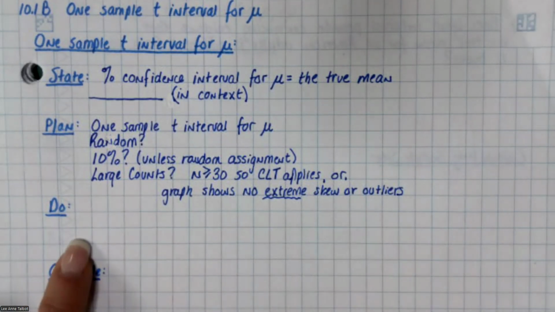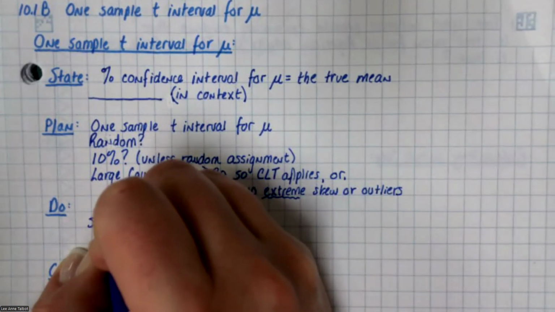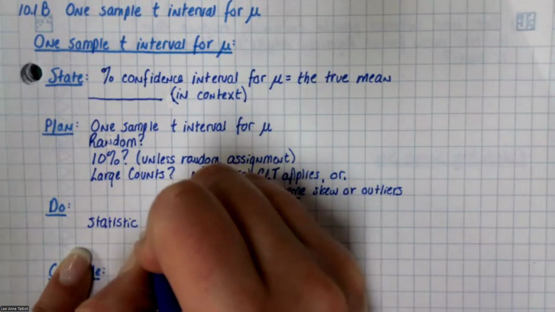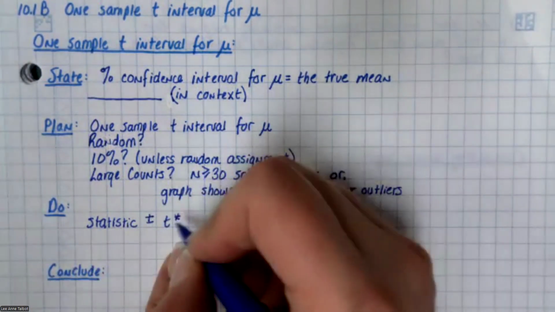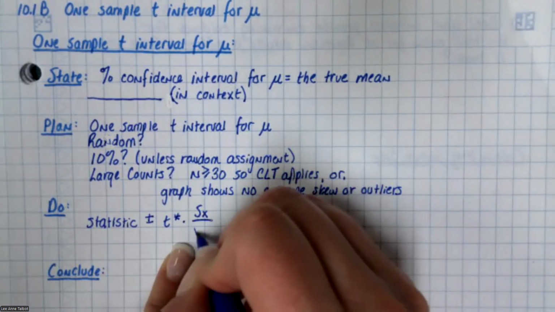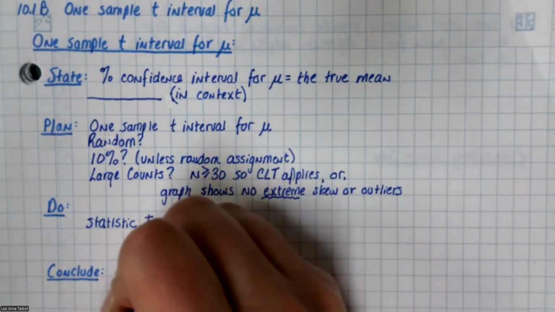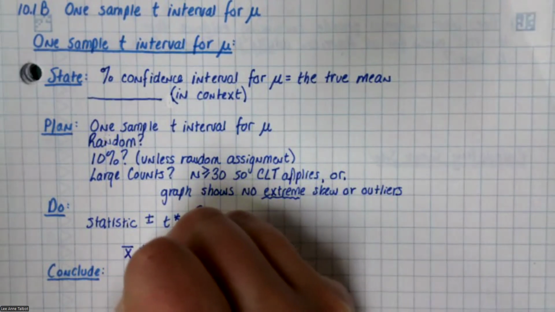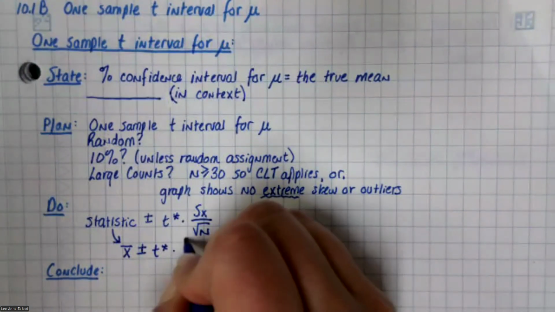Okay, so the do is the confidence interval, and that is statistic plus or minus T star this time times the sample standard deviation over the square root of n. And do you guys remember what the statistic is? Anybody remember? Yeah, sample mean. So x bar plus or minus T star